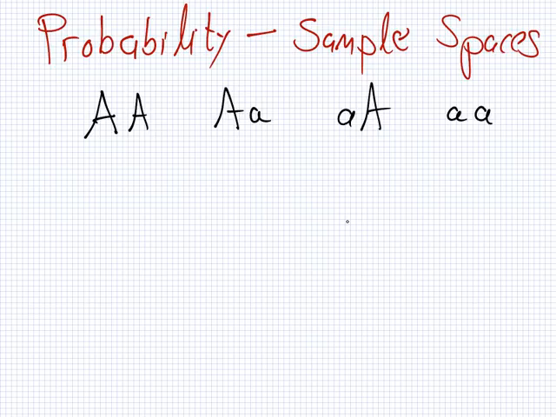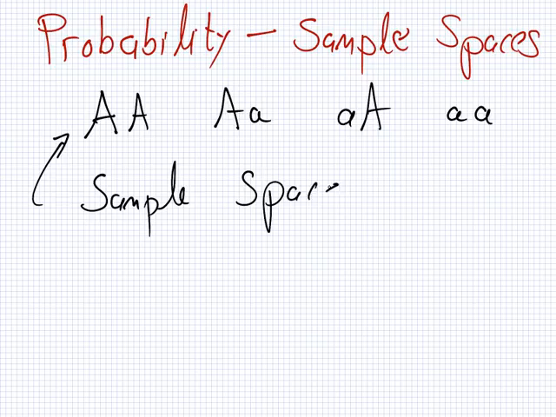So this is an example of what's called a sample space. This is something you might be familiar with. If not, that's okay. We'll look at more details. So if you want to just write this down as an example, and then we'll give the definition now. Yeah, so the sample space, the definition is